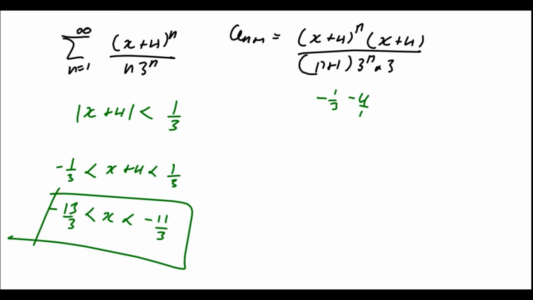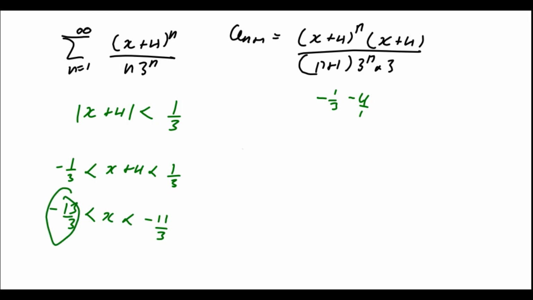So how you confirm whether it's really it or not, what I mean is these symbols here. I could have chosen to write less than or equal to, even this one less than or equal to, but why haven't I done that? I'm not really sure whether this one is part of the endpoints. So what I'm going to do is pick this value and plug it in where you have x. So for example here, instead of x there, you're going to put -13/3,